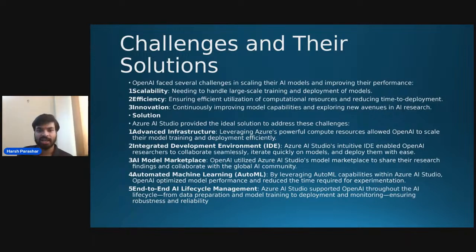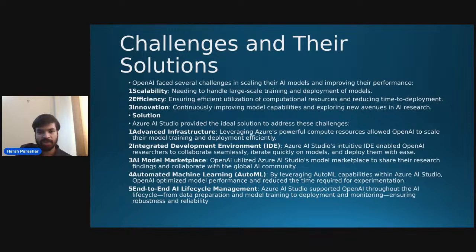Secondly, it provides an IDE, which enables OpenAI and other startups to collaborate seamlessly. You can use it for the betterment of your work and make your studio better, more useful, more worthy, and more time saving.